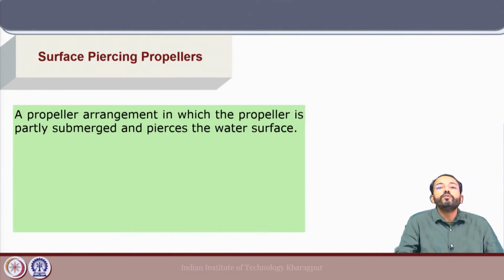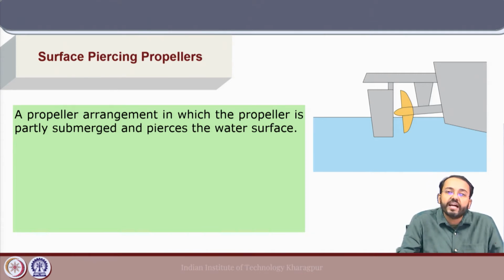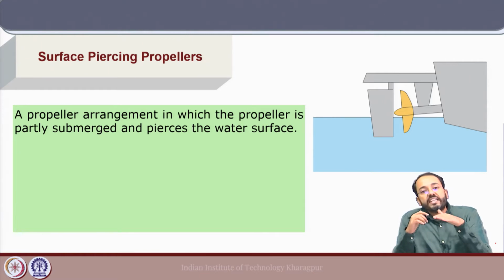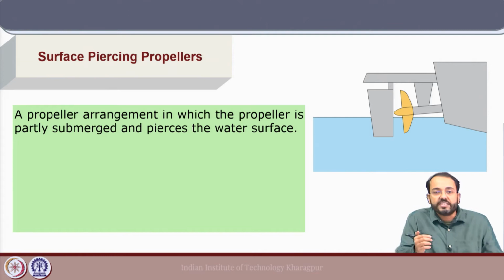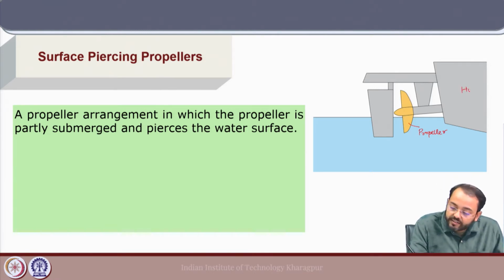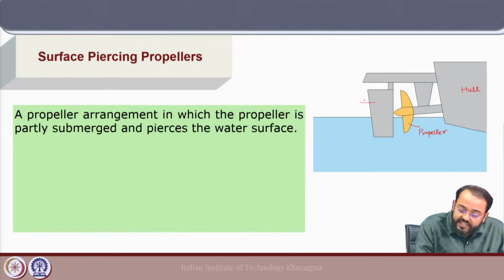So, we will look into each of these types and start with the surface piercing propeller. Here, as the name suggests, the propeller arrangement is such that the propeller is partially submerged during its operation, and because of that it pierces the free surface at different propeller operation conditions, and the submergence will depend on the vessel speed. Here we have the propeller behind the hull, and we can see that the propeller is partially submerged, and behind the propeller we have the